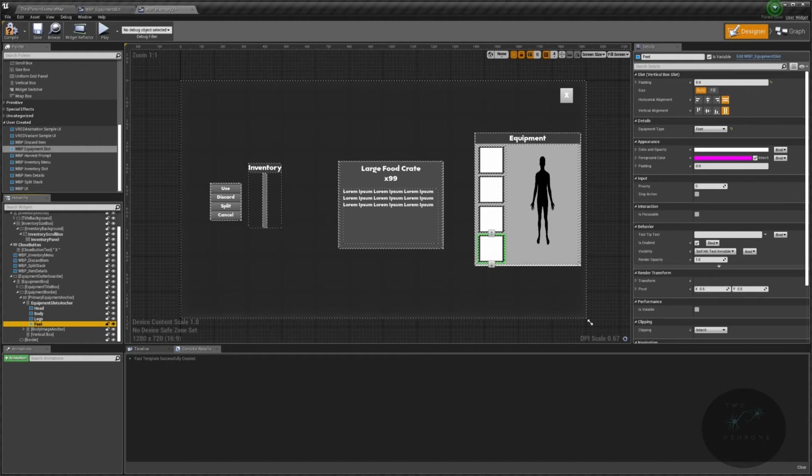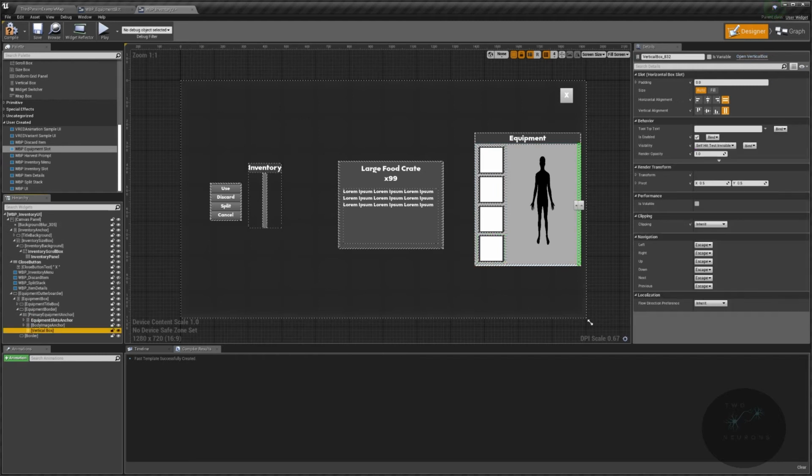Now, we haven't set our indexes. We could do that by hand. We could have exposed it on spawn and just set our indexes, but I'm going to show you a different way to do that. But before we do that, let's just move over to the other vertical box we have here, which will be our weapon box. So we have, or a weapons